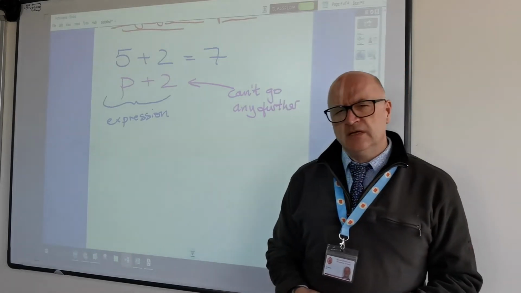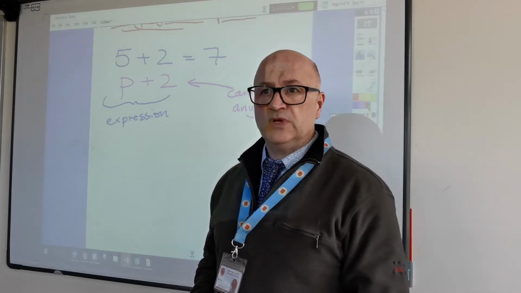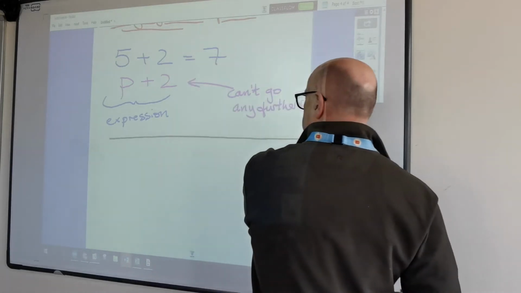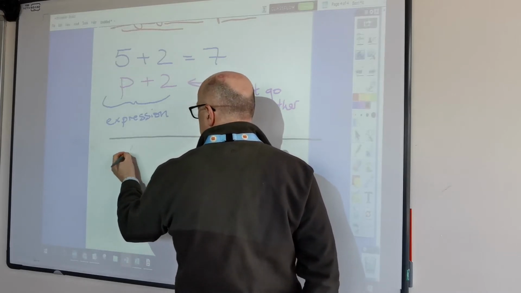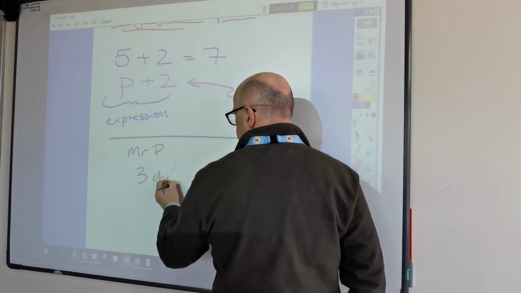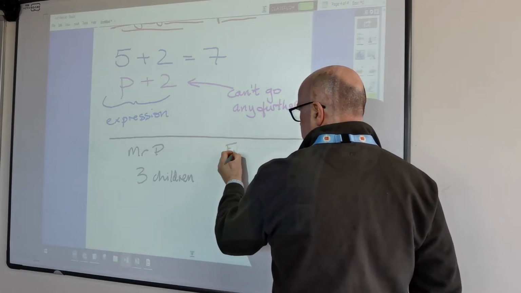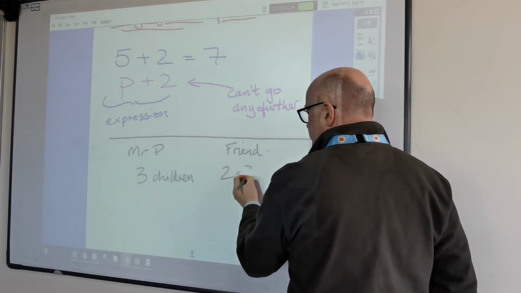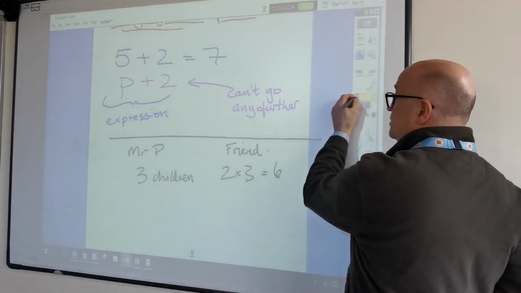So, my friend has got twice as many children as I've got. How many children has he got? Well, you don't know how many children I've got. If I had 3 children, and my friend has twice as many children, then he's got 2 times 3, which is 6. But you don't know how many children I've got. Maybe you do. But